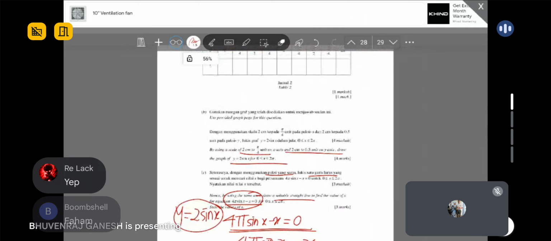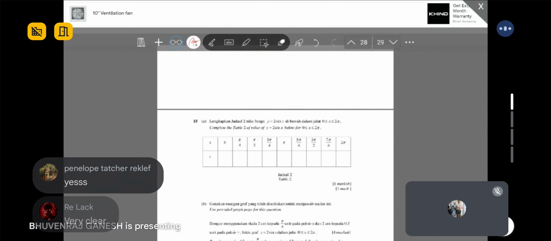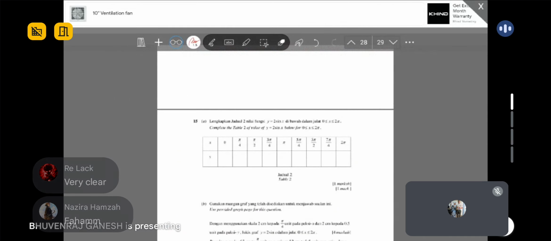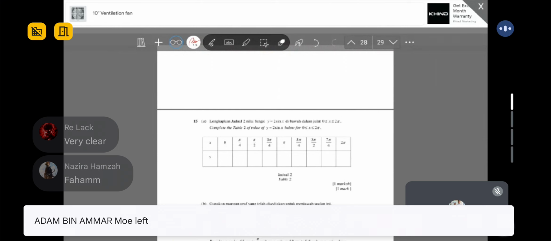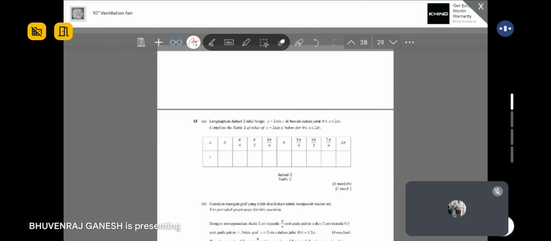Okay, so are you guys clear with the questions and the lesson today? Boleh faham semua soalan? Are you guys okay? Hopefully it helped. Harap dia bantu hari ni. So hopefully okay. So any question you want to ask before